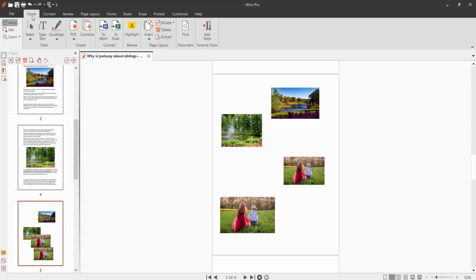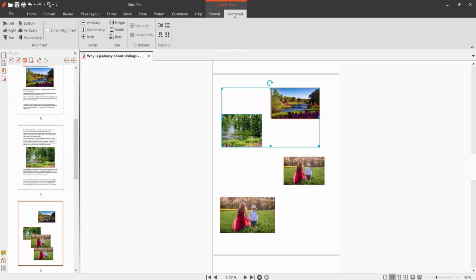Select this Home option and here you will find this Edit option. Click here, drag your mouse cursor and select your images; these two images I selected. Now click this Align option. I'll fix these two images: this one with bottom alignment, and this one with top alignment,